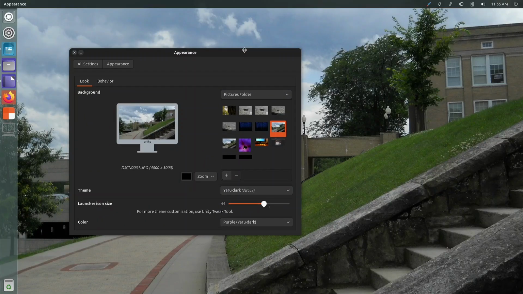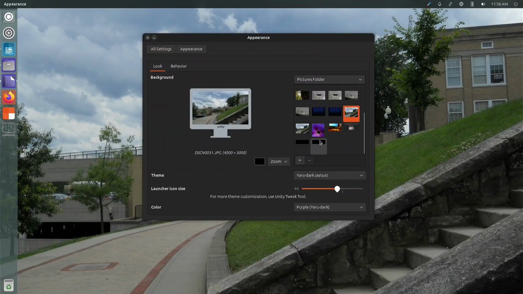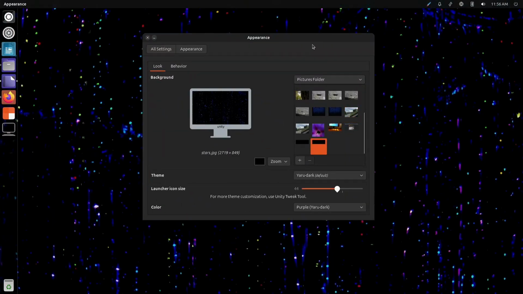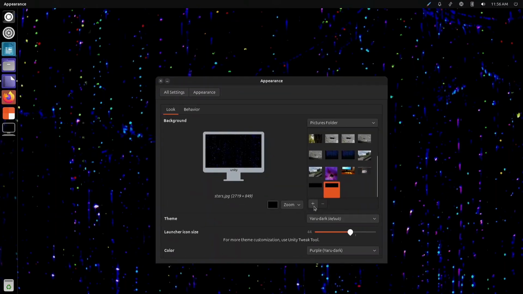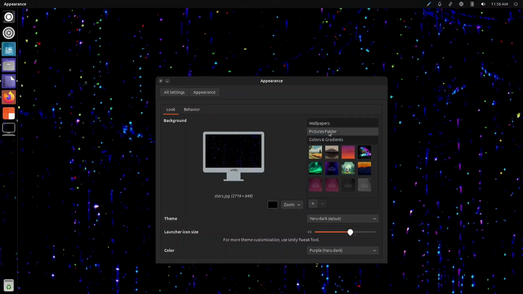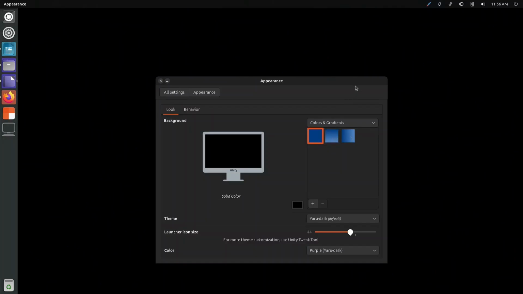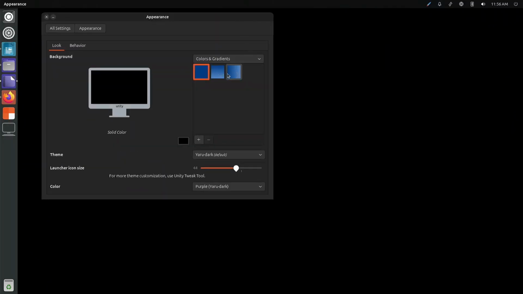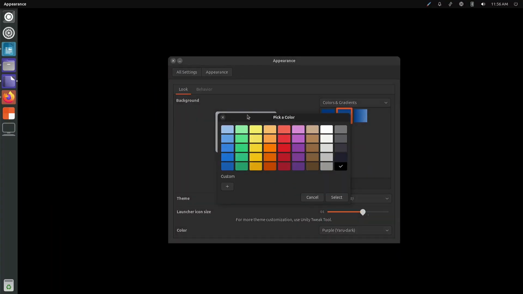What was that? Heard a noise. Anyway, yeah. So yeah, you just kind of click this to add, and it's this. Colors and gradients, huh? Oh shit.